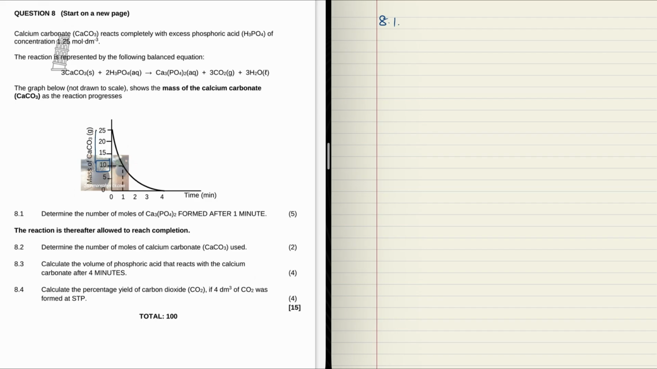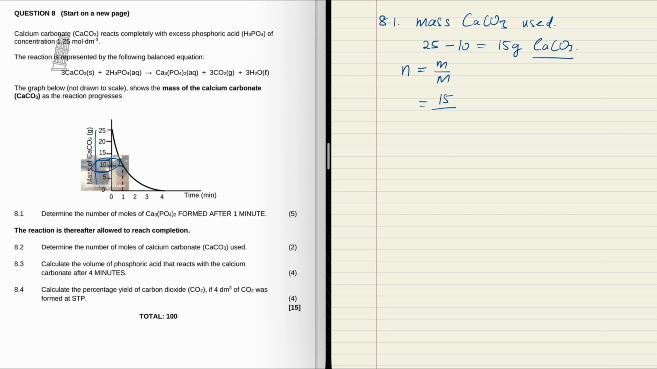So on our y-axis, we have the mass of calcium carbonate. So the mass of calcium carbonate used is going to equal 25, and then after 1 minute we have 10. So that means we've used 15 grams of calcium carbonate. Now we can convert that to moles. So the number of moles is equal to the mass divided by the molar mass. The mass is 15. The molar mass of calcium carbonate is 100, and that is 0.15 moles of calcium carbonate